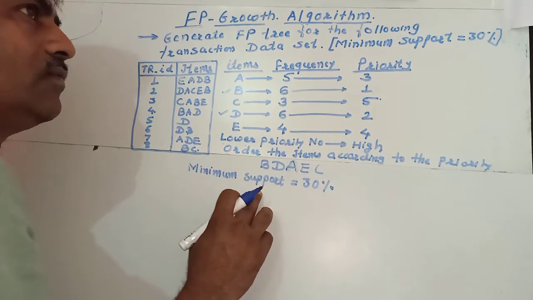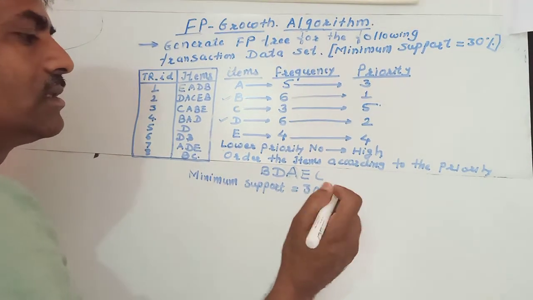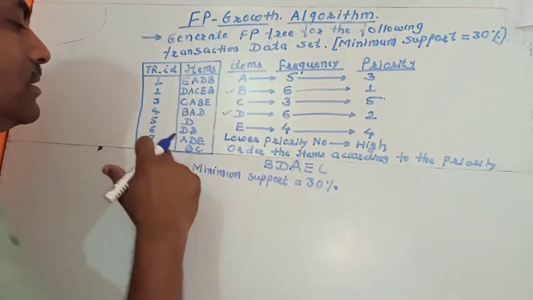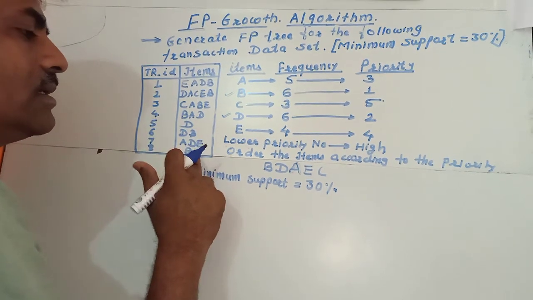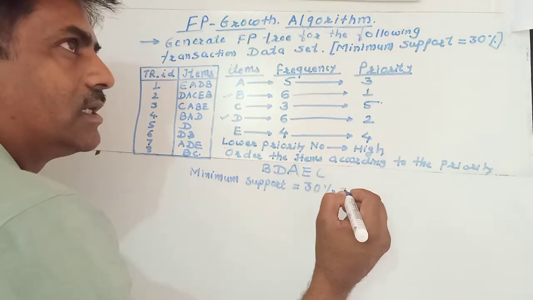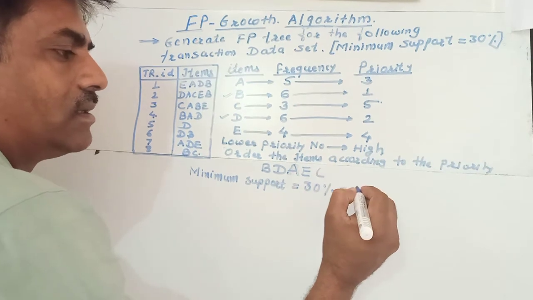So how will you find out the minimum support? It is 30% of the total number of records present in the database, right? So if you calculate 30% of 8,